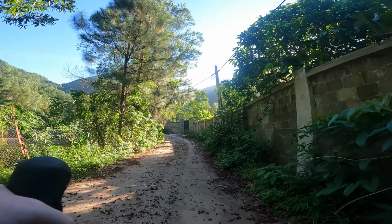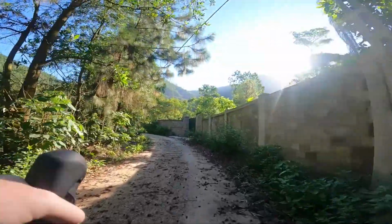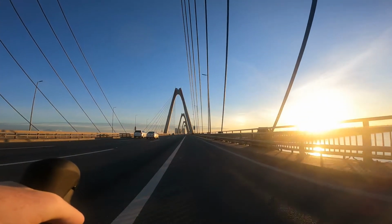My ride starts out leaving the city, going over this big bridge, and it's a little bit of traffic. I want to capture the trucks that sort of scream by you, get a couple shots of that. And as it turns from dark, because I leave about 5 a.m., so it's pitch black out there. And this camera's great in low light as well, so I want to capture that, on the bike, riding in